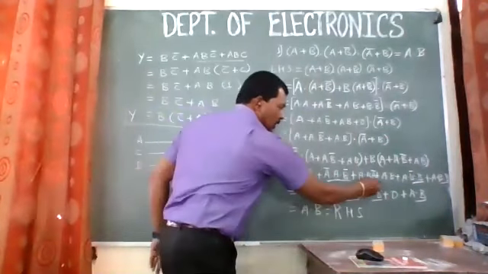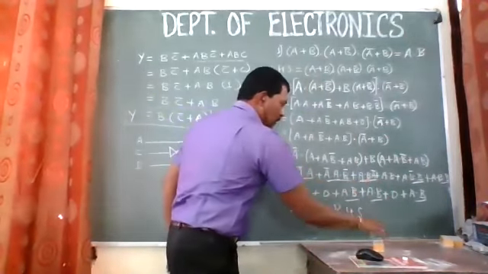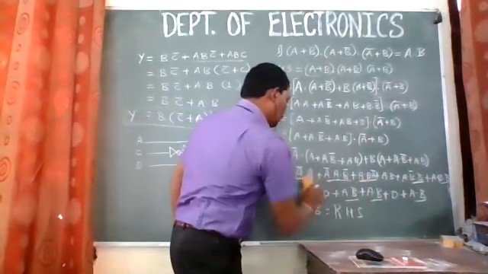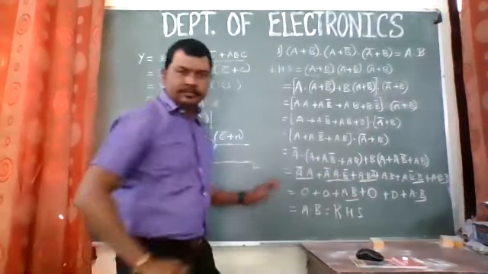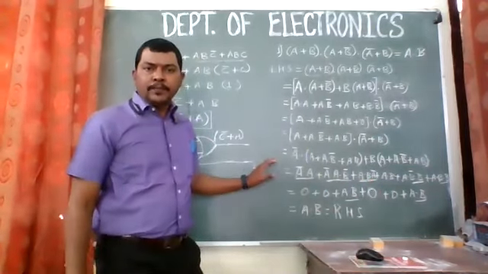ठीक है क्या अभी? So this will become 0 again. So I will have to add one more term over here of 0, 1, 2, 3. So this should be equal to 0. Yes. Now is it okay?